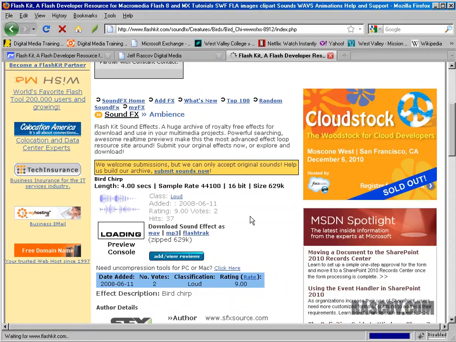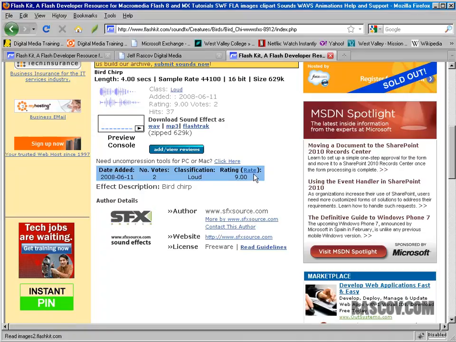Then you can choose which format you want. You can choose WAV, MP3, or Flash tracks. People don't really use Flash tracks anymore. But if you go WAV, usually what I do is I just right-click on it. I know I'm on a Windows system here, but you can do it on a Mac too. If you don't have a right mouse click on your Mac, you can hold the Control key down on the keyboard and click, and it gives you a right mouse click.